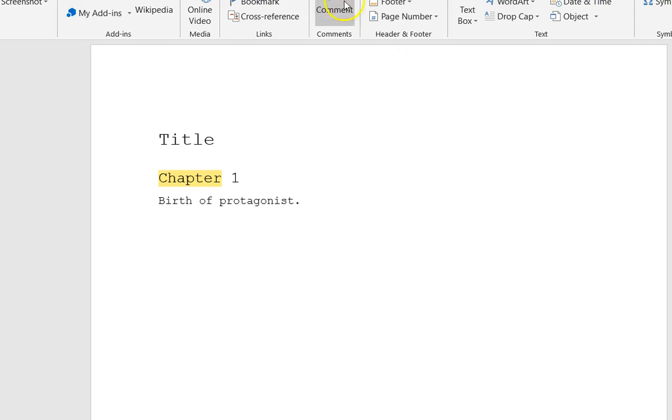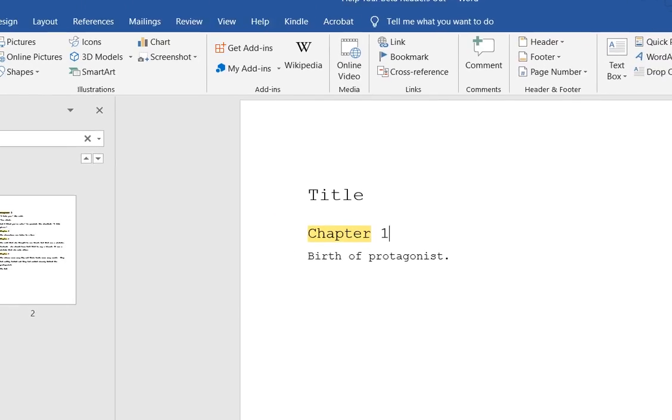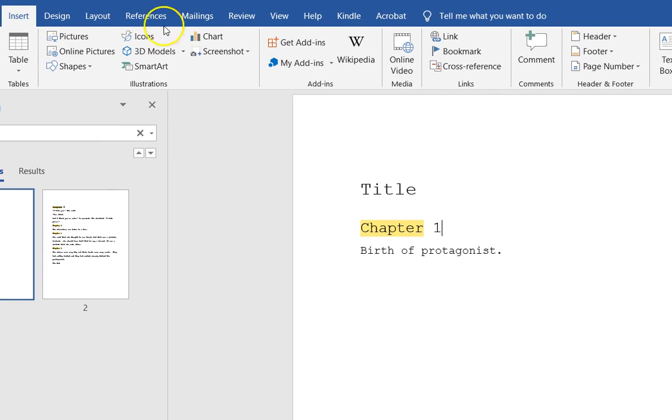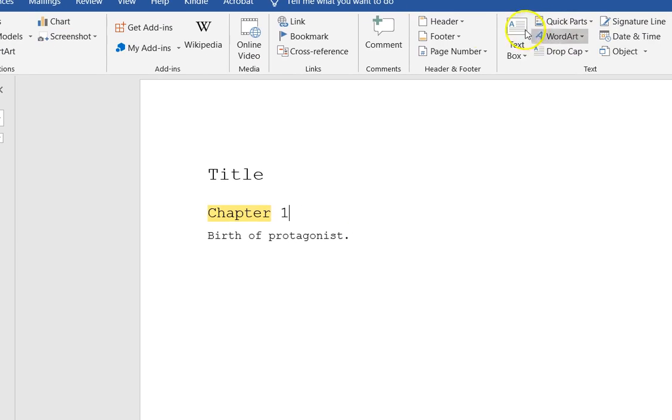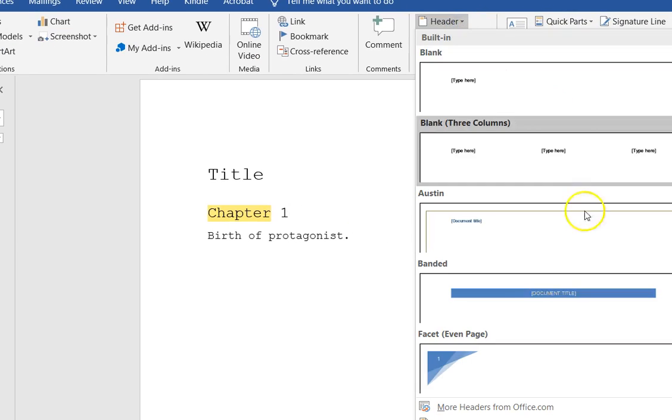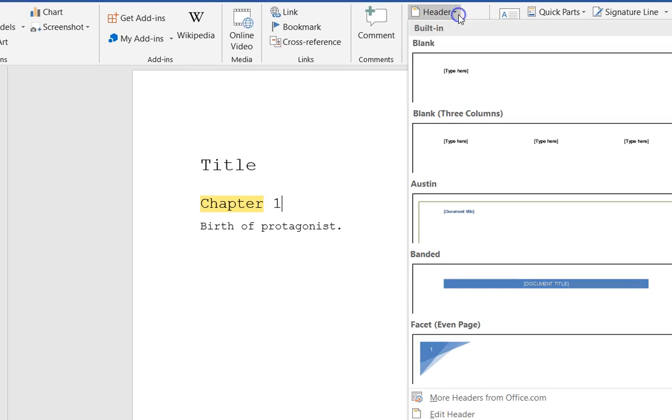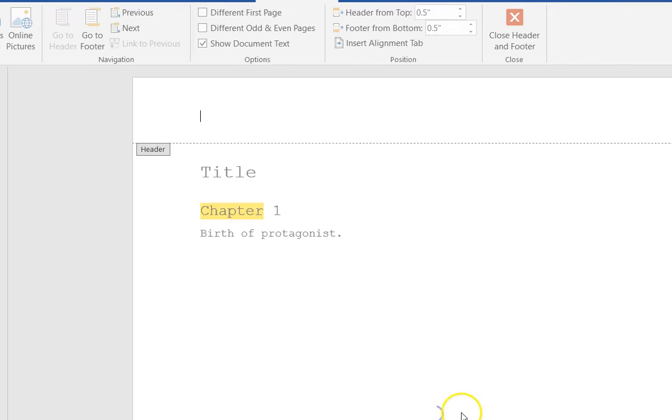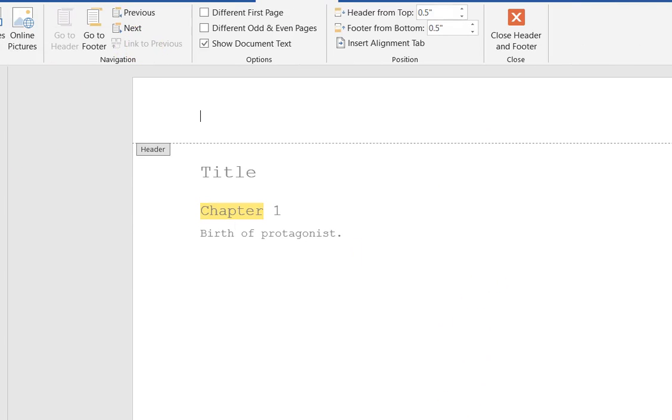But what I want to do here is format the pages. So I'm going to insert a header and a footer. So I want to insert a header. The header I'm going to insert, oops, let's move that down here. Hard to see on this pane. So right here where it says edit header. And I'm going to insert